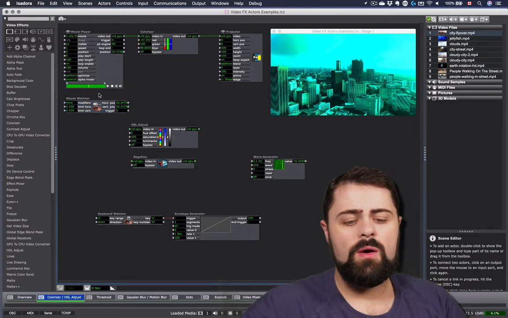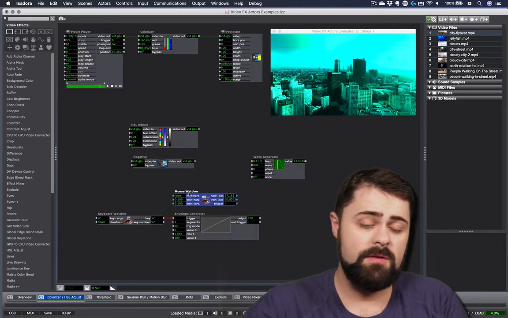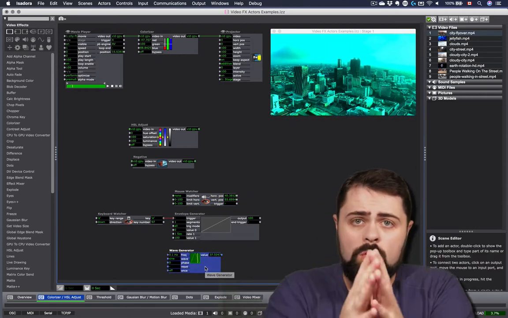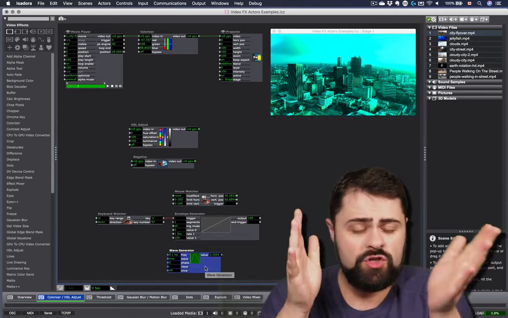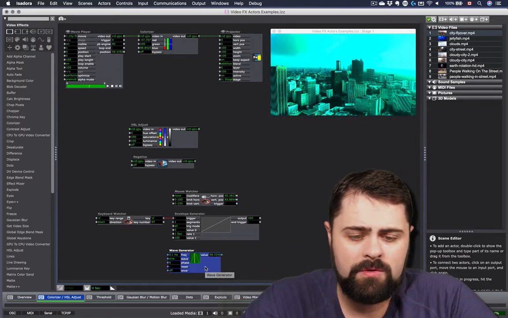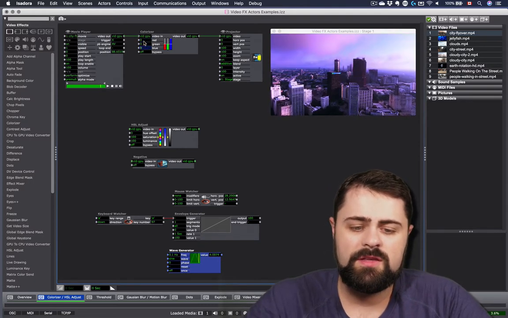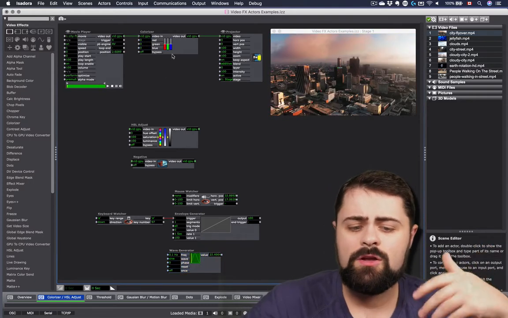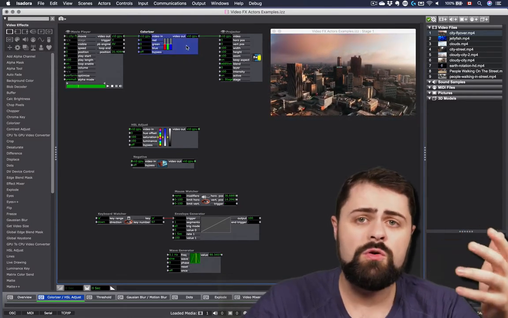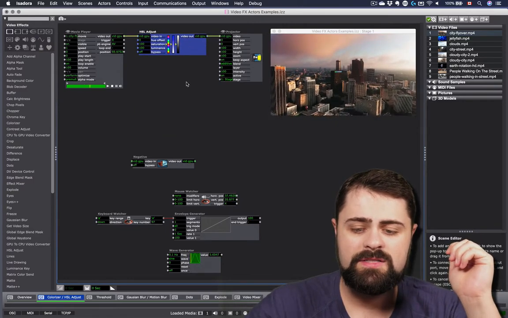So we can see how we can, just with one simple actor, the colorizer, and using the mouse watcher, envelope generator, and the wave generator, or our own judgment, change the visual quality of the video that we are playing out. Now, the colorizer is but one of many actors that we can use in this way, and it has a close cousin in the HSL adjust actor, or the hue, saturation, and luminance adjust. I'm going to plug that in here now instead.